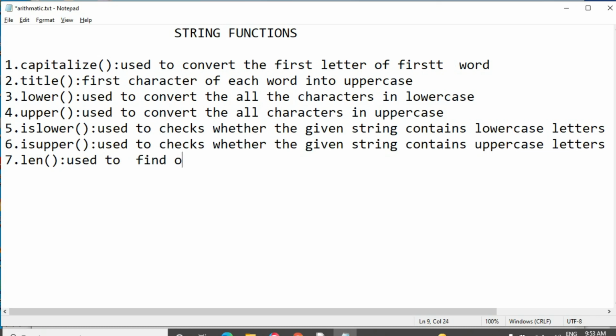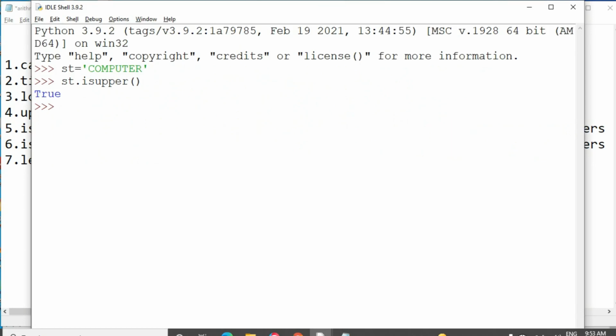Used to find out the number of characters present in the given string.